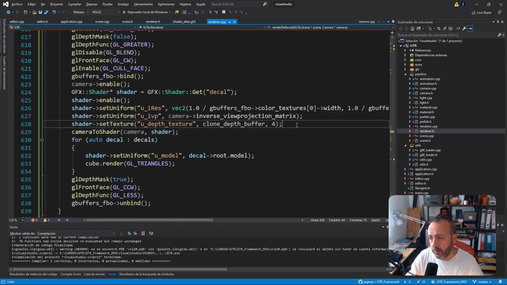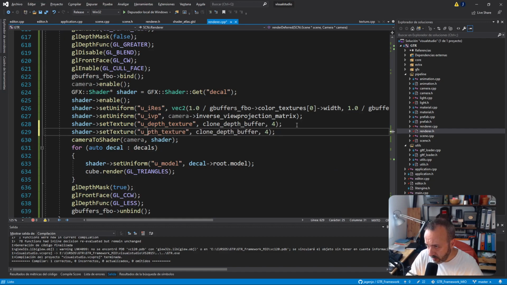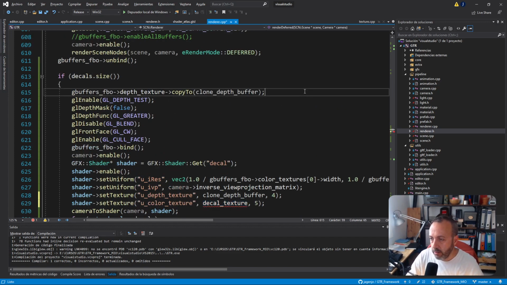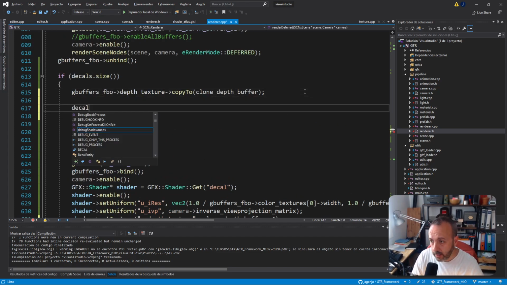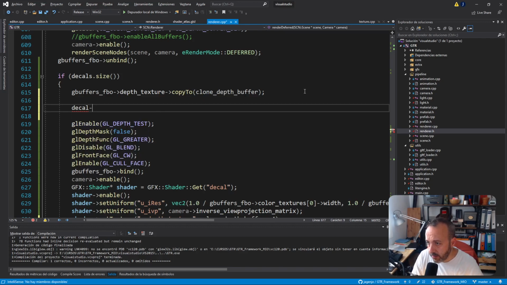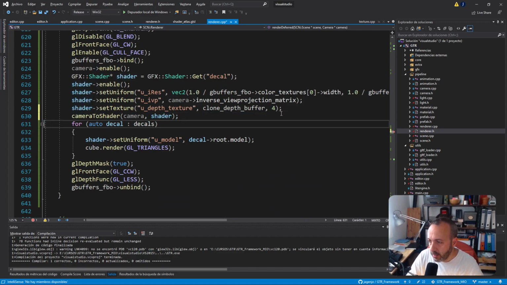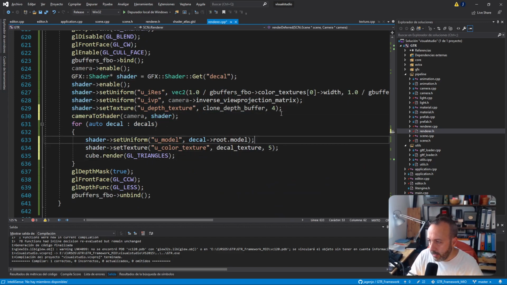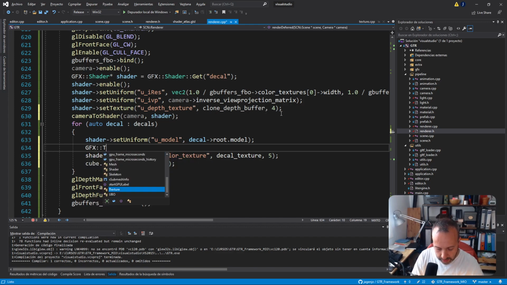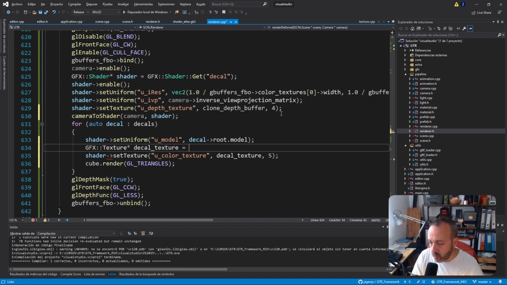And as I was saying, I need to have the texture. I'm going to pass a texture. So in this case, color texture, and I need a texture here, okay? So where does this texture come from? Decal texture. I need it from the decal. So here, I'm going to go to this decal, and this decal has, oh no, not here, because every decal will have a different one. So this has to go here. So GFX and texture, decal texture is going to be